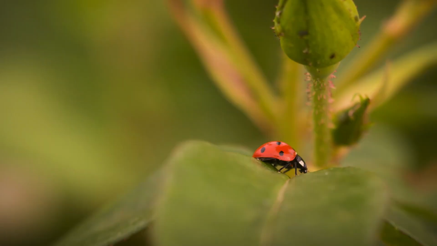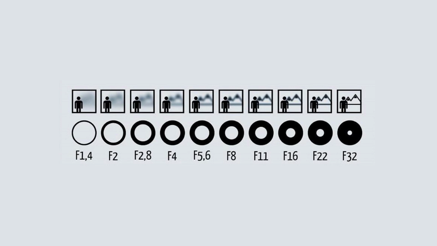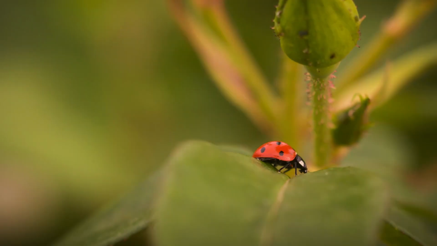Here is an example that we have already gone over. With this example, of course, you are going to be using a lower f-stop. As you can see here, we're going to use f-stop 2 as an example, where obviously we are going to be trying to center on the ladybug itself rather than the flower, the leaf, anything that is in the background. We are still able to discern somewhat of the background,